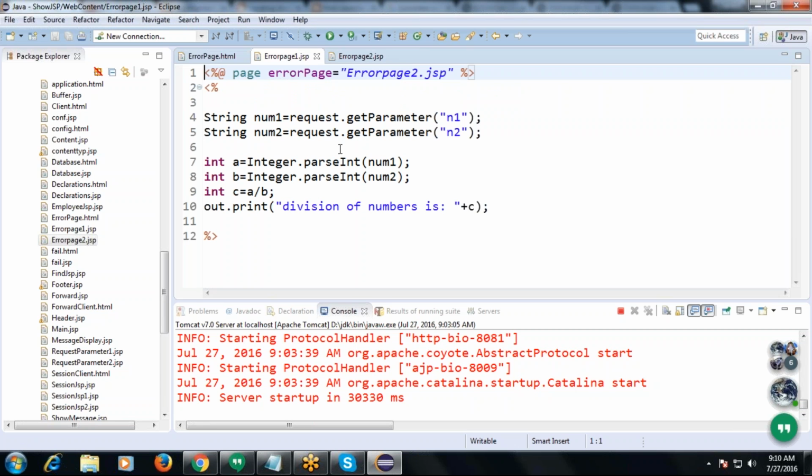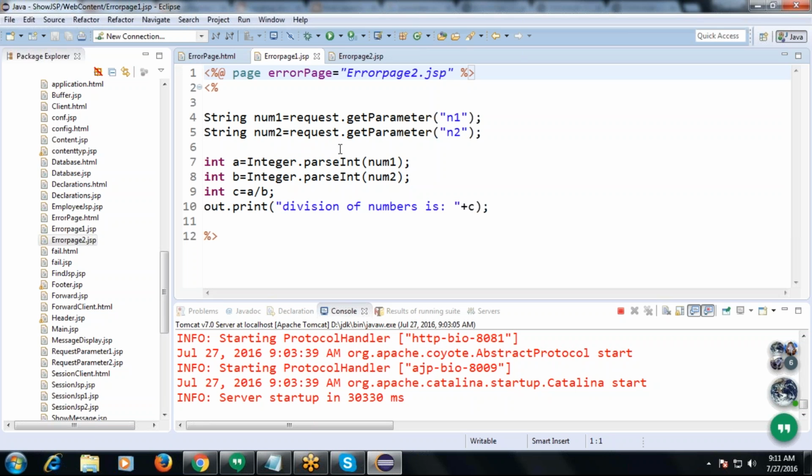Now, in this JSP, we are retrieving the values from the request object. Now you tell me how the data is stored in the request object.